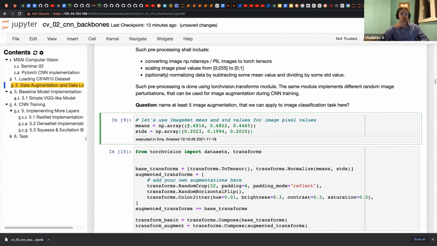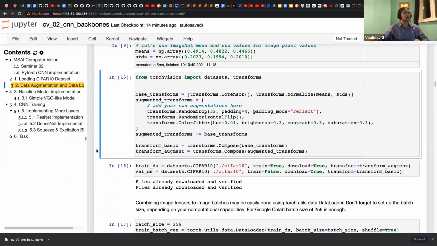ImageNet is a very large database of images, which were very popular in those years, like 2012 to 2015, 16 maybe. And most of the models are trained on ImageNet, and these means and STDs are kind of standard ones for processing visual data.